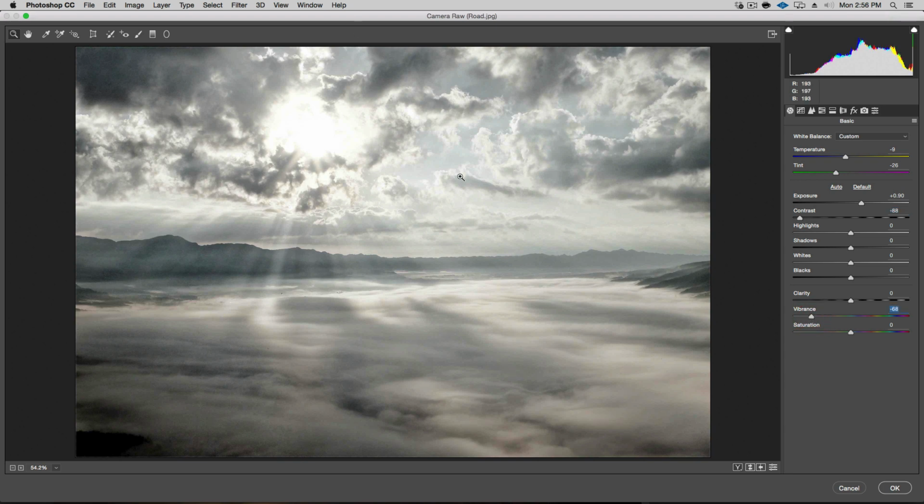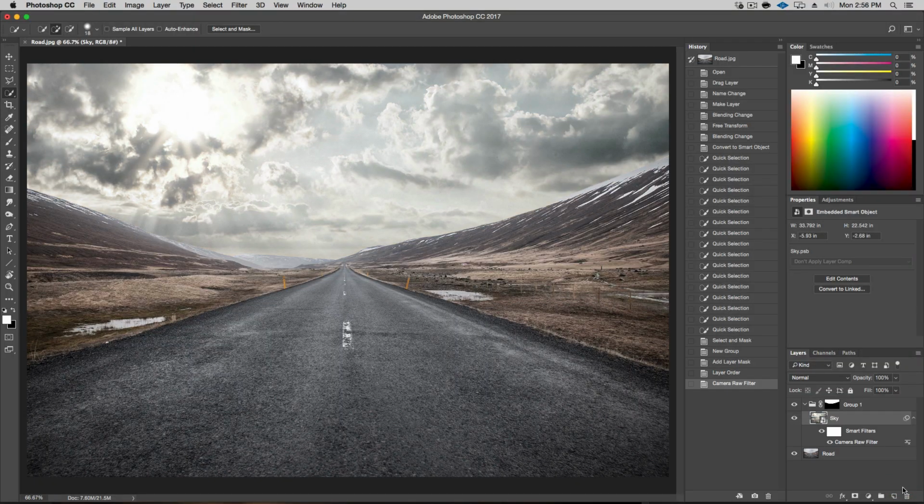Okay, it's almost black and white. It's not quite. I still have quite some color information, but let's try this. See what that looks like. Already integrates much better. Already much better. Okay, good. Next thing I want to do is create a new layer over here, and B for brush,